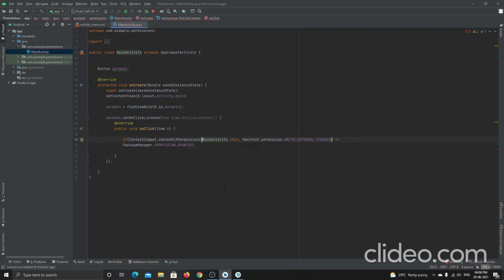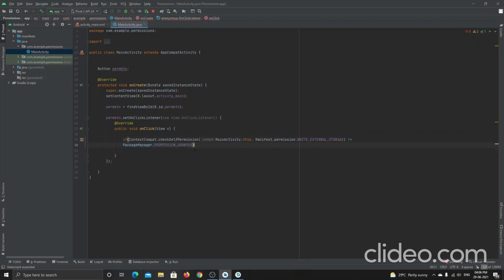Remove the single bracket. I'm saying this from this activity: ask the permission to write the external storage. It checks whether the application has the permission or not. I'm specifying the condition: not equal to permission granted.